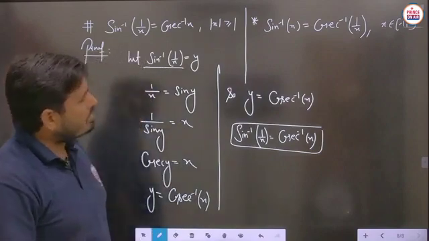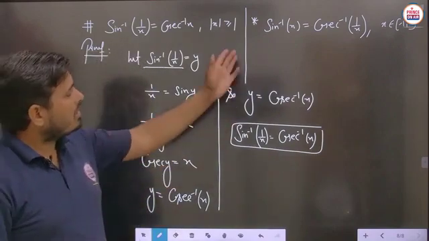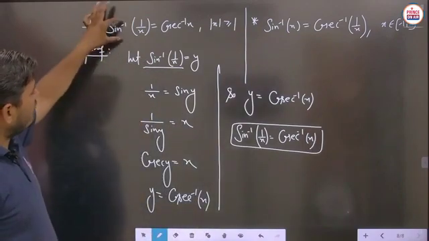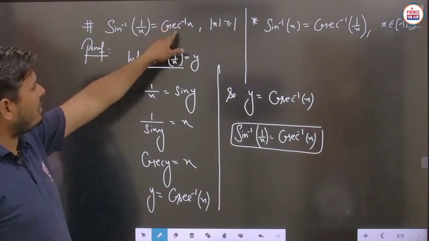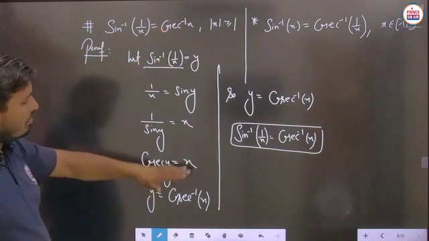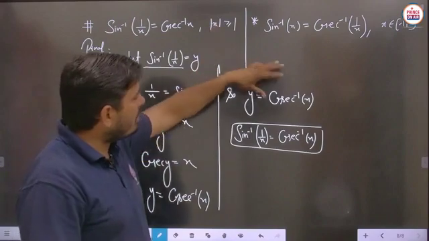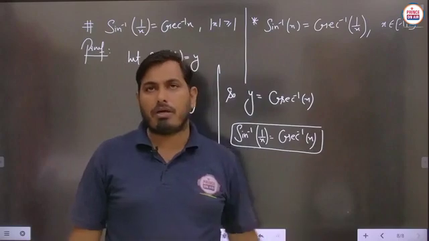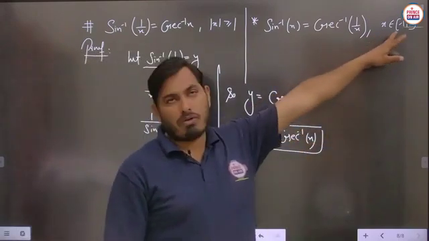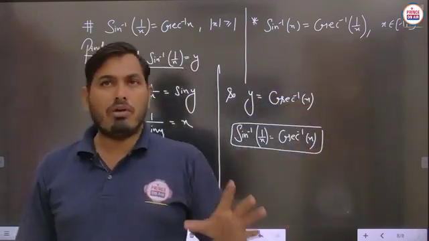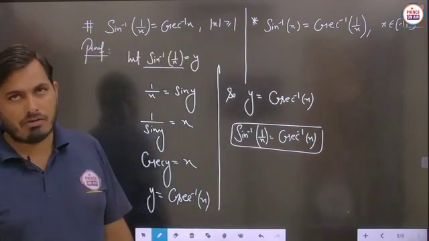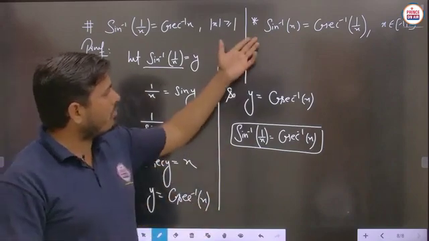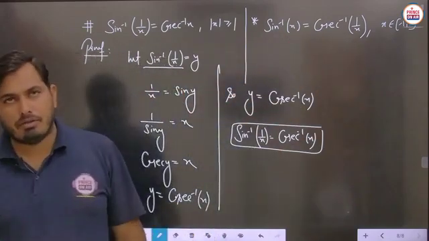Some of the students will get confused, because some situations in questions will be like this, where in sine inverse we have to write 1 upon x, and then it changes into cosec inverse x. We saw the proof of how this change is possible. A similar theory applies in this section, where we write x here, then in this part it becomes 1 upon x, but in this case the situation changes, where we have to take x belongs to the closed interval -1 to +1. Is it clear? So in some types of questions we have to use this property also. This is a very important section. Is it clear?